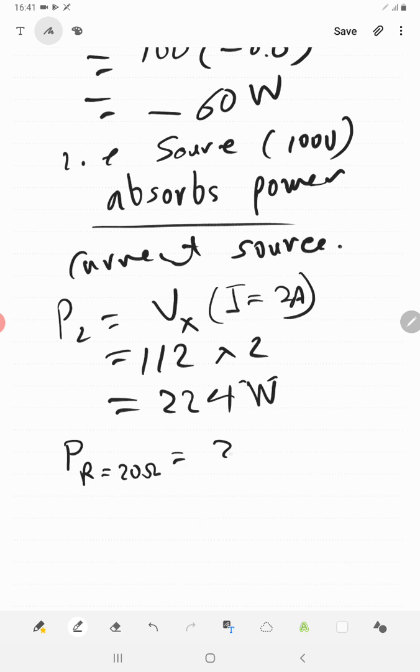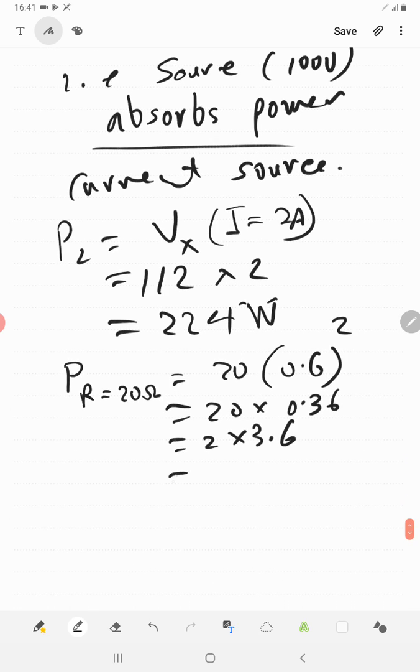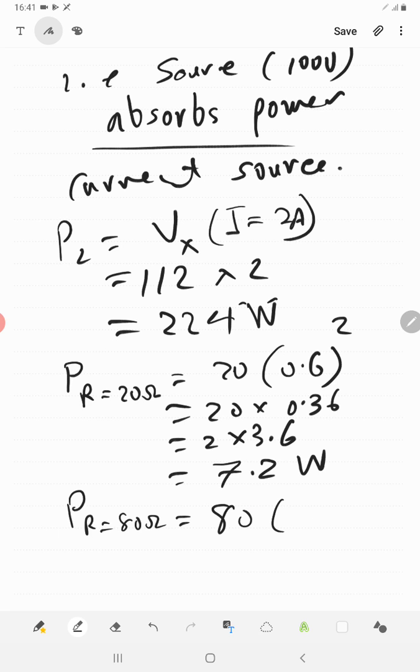So it should be 20 times the current passing through it, which is 0.6 squared. So it's 20 times 0.36, which is 2 times 3.6, so I think it's 7.2 watts. And let's calculate the power dissipated in R equal 80 ohms. So this should equal 80 times the current squared, which is,